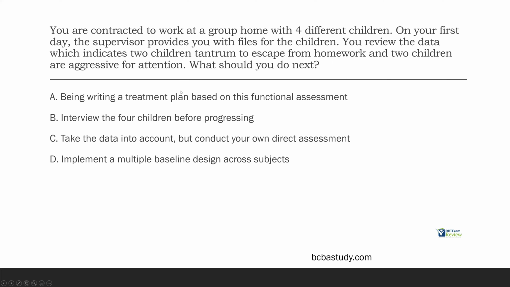Now, this is a case where you are contracted out to work for this employer. However, this remains the same if you're transferred a new case, if someone transfers to your clinic from another clinic, if you're ever taking over for someone else and there's previous data. This is what we're talking about. What do we do with that data? How much of that data should influence our decision making? So after we review the data indicating tantrums are functioning for escape and aggression is attention, what do we do